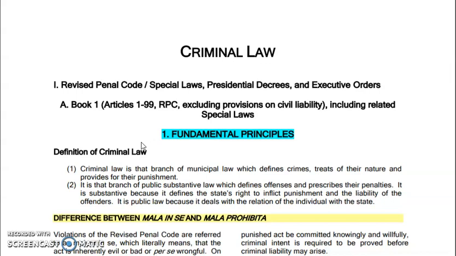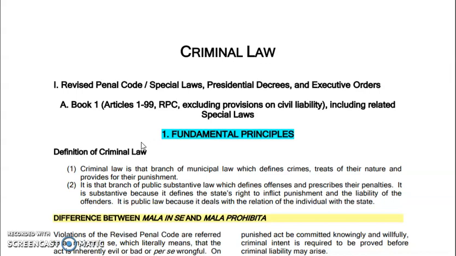But take note that there are constitutional limitations on the power of the Congress, because I made mention earlier that it is an act of the legislature. But before that, let's try to understand what is actually a crime, because that's the root word of criminal law or the word criminal. The root word is crime.